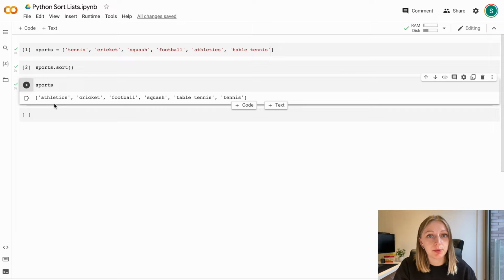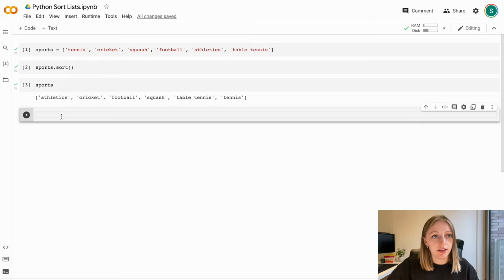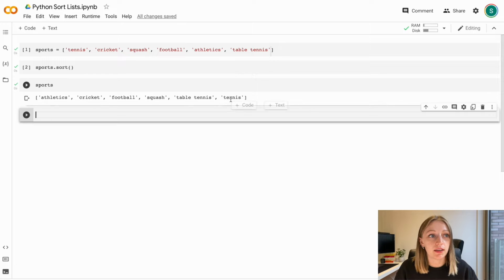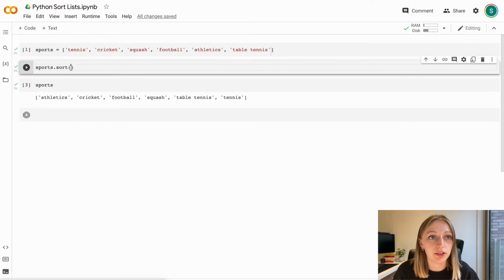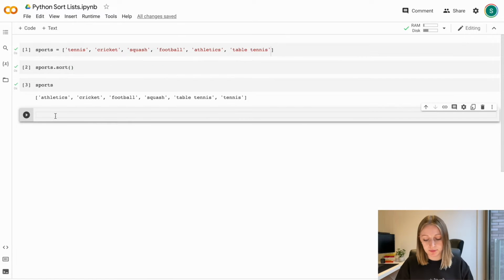So this is a pretty simple method to use. What if we want to put this in reverse order? What if we want to start with the last letter in the alphabet first, in this case tennis, and end with athletics? For this we put in an optional argument. So we do sports.sort, and then we put the optional argument in here,